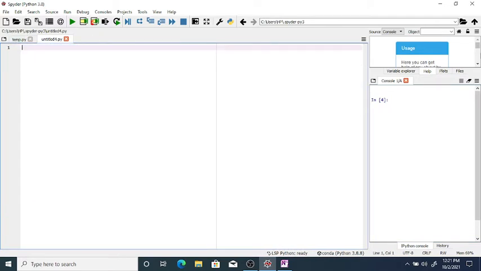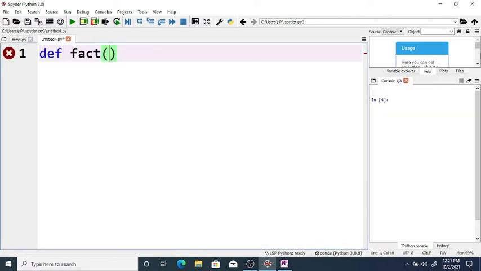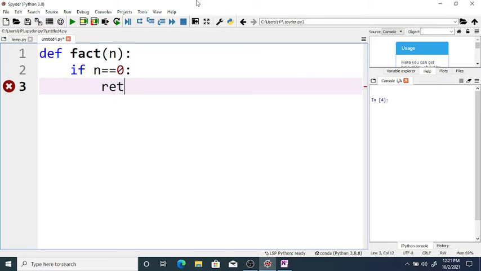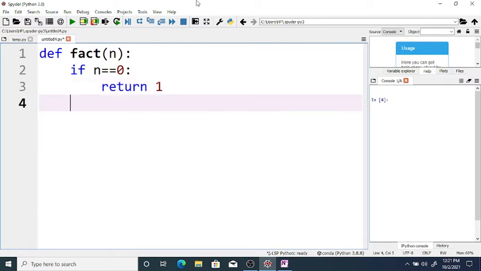So first we want to write a Python function for factorial. Define fact(n), the argument is n. Now if n is equal to 0, then we return 1, because the factorial of 0 is 1, else